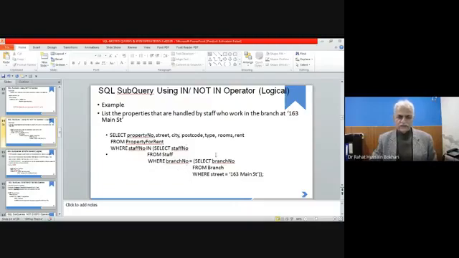Running these two select statements, we get the values. Then we again say if the staff number falls within this list of values, those are carried out by both nested select statements. If that is there, then we get property number, street, and so on. So you have to remember when you're writing subqueries, how the inner query will be executed, what should be its results, and how we have to compare with its outer and with its most outer query.